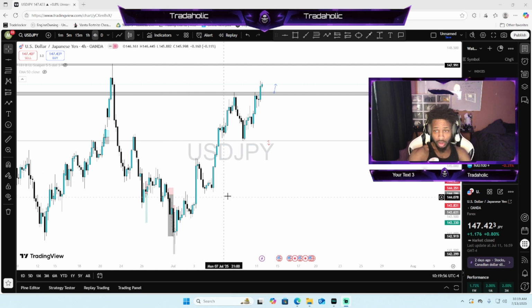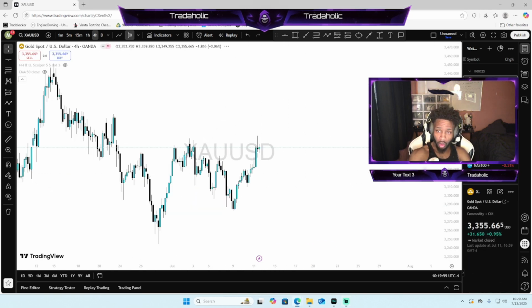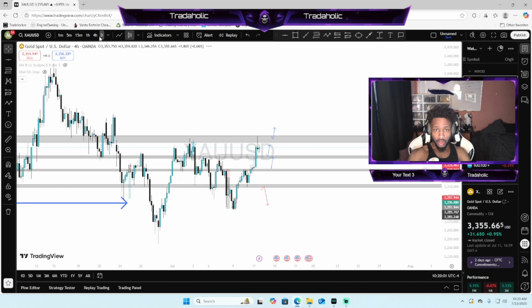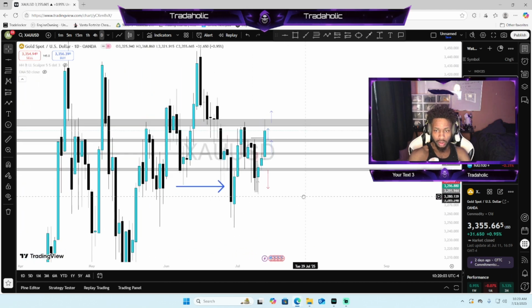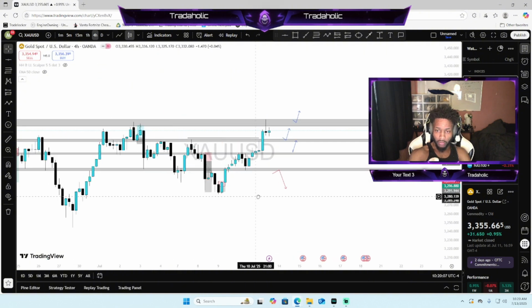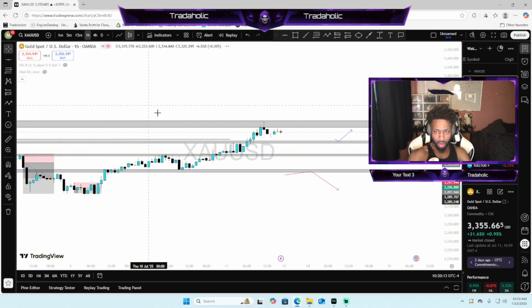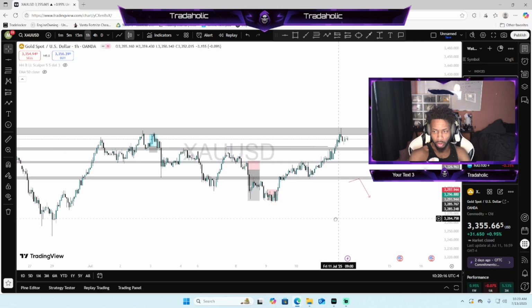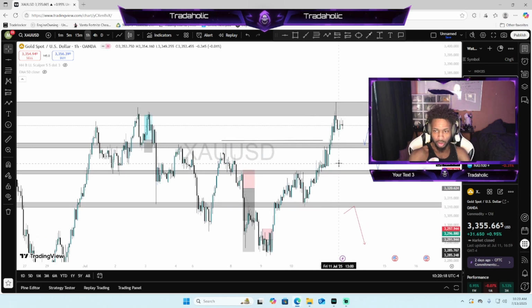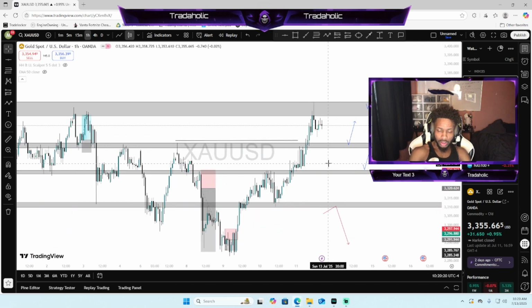All right. So we're going to start off with some gold. Looking on gold, as you can see, my daily time frame is indeed bearish, but we may have potential to go bullish. Looking at our 4 hour time frame, we are already bullish. We have a market structure shift here, where this impulse up took out this previous lower high. Looking on our 1 hour time frame, we are bullish as well, but this bullish push is very aggressive. I want to see some kind of retracement or some kind of lower time frame range to form before I look at entry. So I'm looking at gold buys overall.